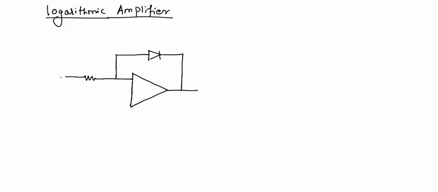The condition for using this circuit as a logarithmic amplifier is that this diode must be always in forward bias. If a diode is biased in forward direction, the current through the diode,